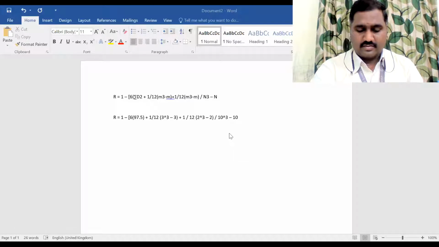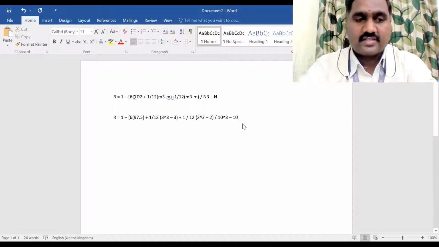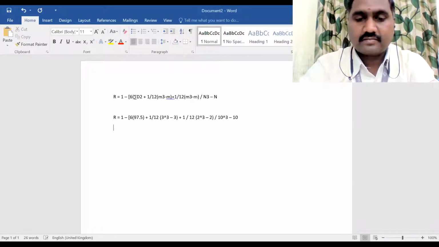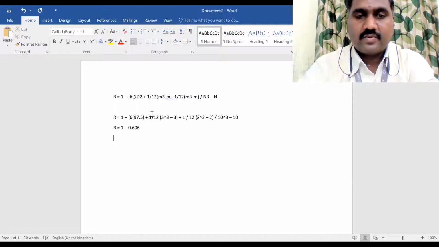Yes, Madhu Singh. Madhu has given, JC has given the answer. R equal to 1 minus 0.606, which is equal to 0.394. R equal to